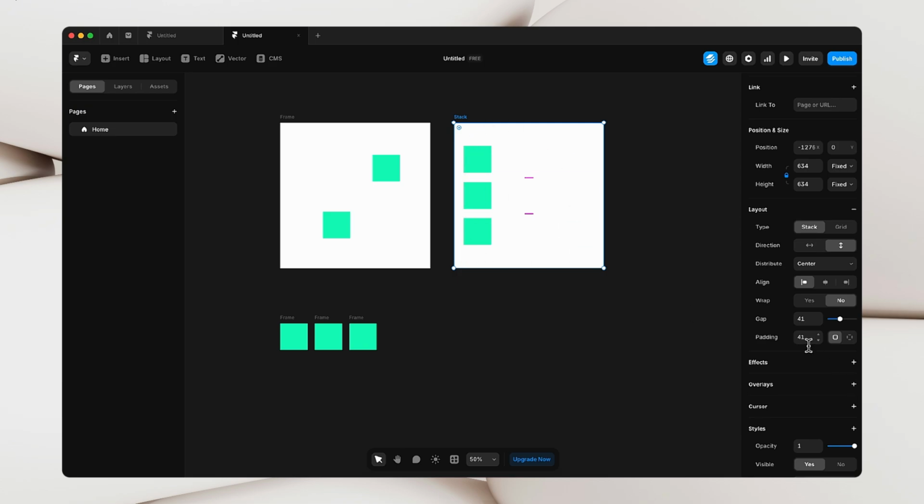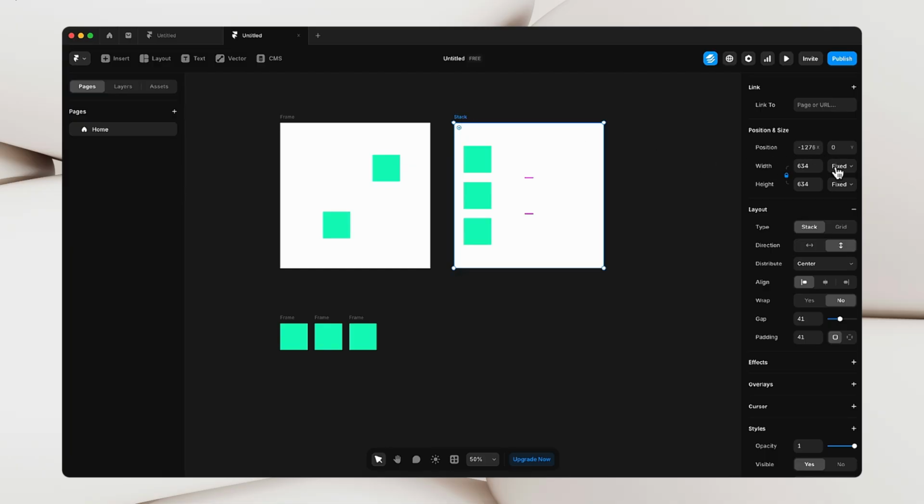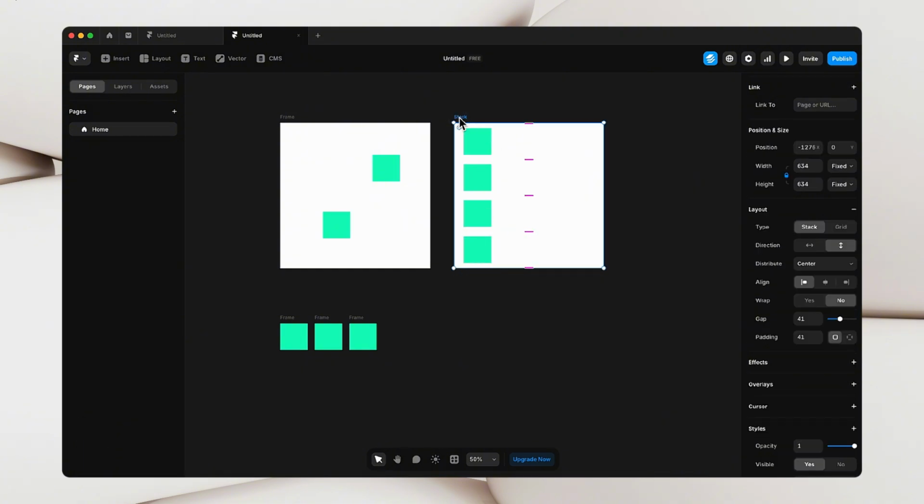Now this padding, I applied it to all the corners. But the reason you're not able to see that it is applied to all these corners is because the sizing of this parent stack is set to width fixed, height fixed. What this means is no matter how many children elements I add inside of this parent stack, the size of the stack is not going to change because it's set to fixed. Right, let me demonstrate that. So let's see, I duplicate this multiple times. It is duplicating, but the size of the stack is staying the same because of these sizing properties here,